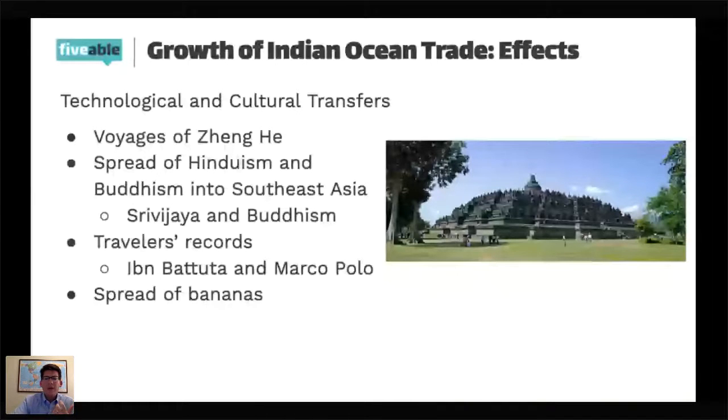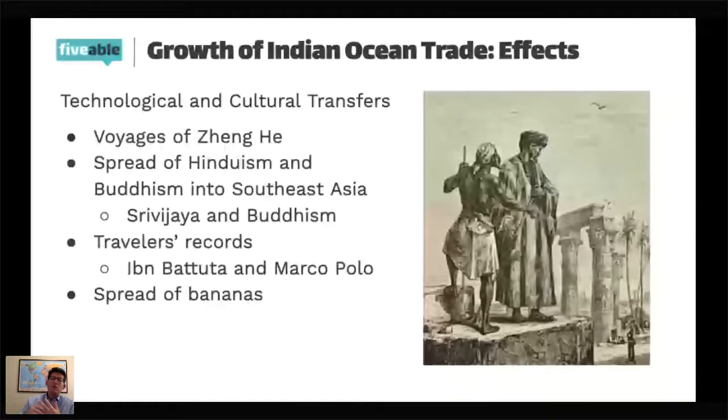We also have a lot of information on these cultural transfers and cultural interactions because of some records of travelers, actually. Two important travelers from this time period, although there are more, are Ibn Battuta and Marco Polo. Now, Marco Polo, of course, was known for going out to China and interacting with the Mongols, but in some of his voyages, he did travel a little bit into the Indian Ocean and writes a little bit about that. Ibn Battuta, though, is one that we're going to spend a little bit more time on here in a couple minutes and think about for his description of trade in the Indian Ocean.